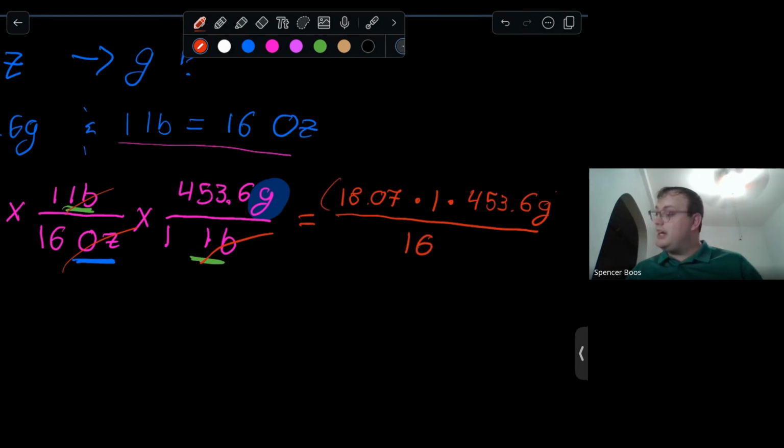And guess what? I put it into my calculator exactly like this. I put 18.07 times 453.6 divided by 16. And I get